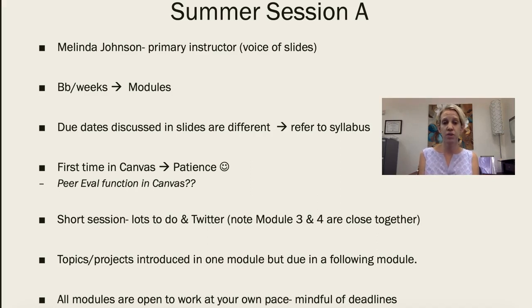I'm doing my best to make sure everything transitions appropriately, but there could be some issues as we move forward, particularly with the peer evaluation piece. I have not used Canvas for peer evaluations before, so I'm not really sure how it's going to function. I have it set up and I've read all the things you're supposed to do, but with everything new, you just never know what issues could come up. So be patient, and if it becomes a hot mess, I won't hold you accountable for the peer evaluation issue. We'll cross that bridge when we get there, and I'll provide plenty of information via the announcements if it becomes a problem.